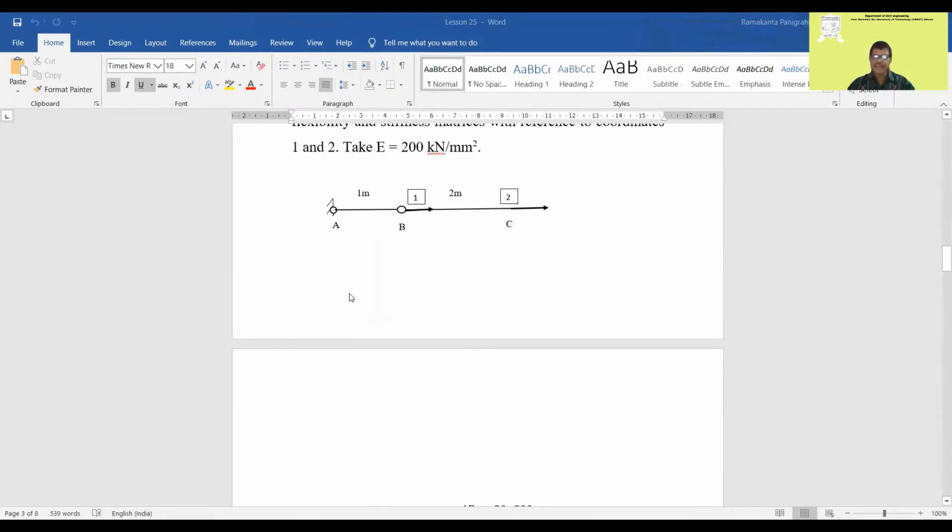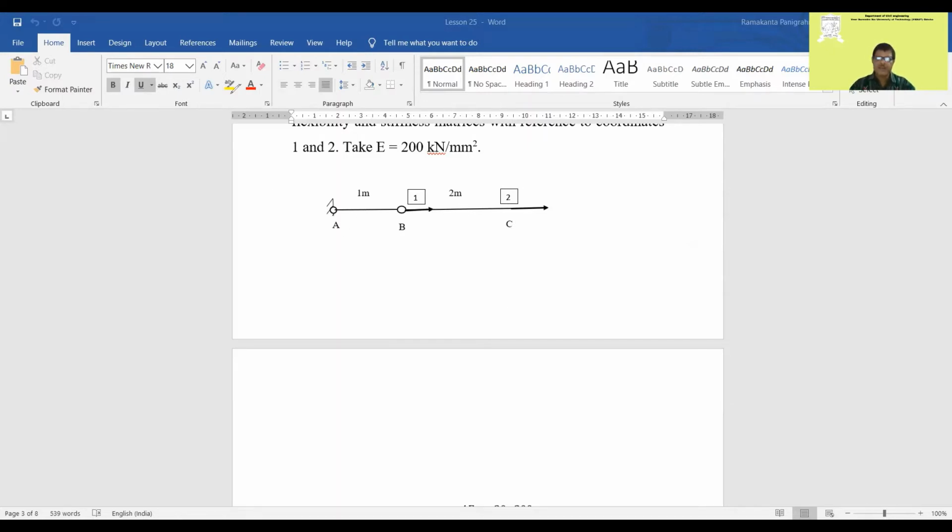Now, the axial stiffness of any truss member is given by the simple formula, as you know, AE by L. So this is called the axial stiffness. You multiply it with the displacement, then we'll find the force. Force is equal to, as you know, K into D. So if you know the displacements, multiply by the axial stiffness, and you will find the member forces. Now it is a one-dimensional member.